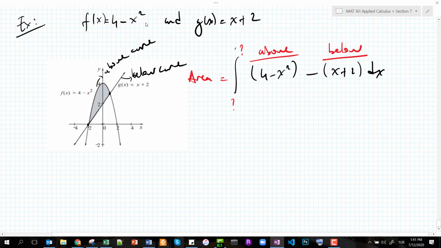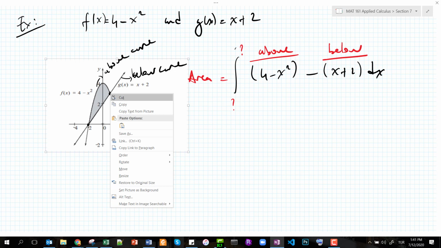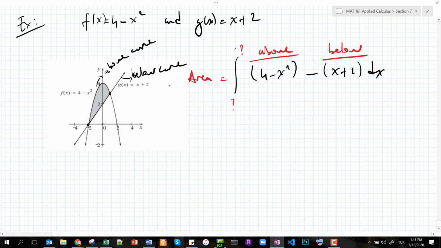To find the bounds, as you see, my area starts from here, and then it will end here. That is why these points are the intersection points. I need to figure out what the intersection points are. You will remember from the reference section how we could find the roots, which make this equality